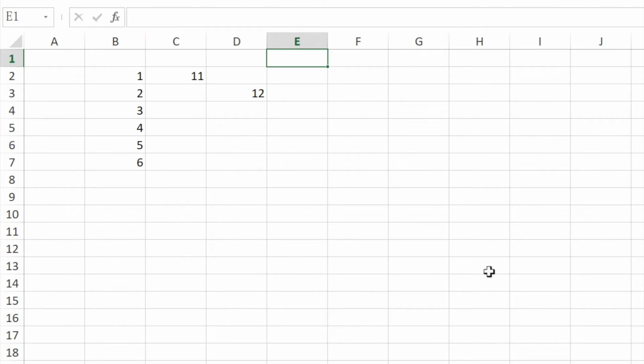Enter. It returns 12, which is also a single value, but it's oddly different from what we got in C2. Let's type the same formula in E1. Enter. This time it returns an error. To sum up, in older versions of Excel, many functions such as addition, subtraction, multiplication, division expect single values as parameters. If we pass an array as a parameter to a function, the way the function works on it is not very clear. The return value of the function is always a single value, which is placed in one single cell.